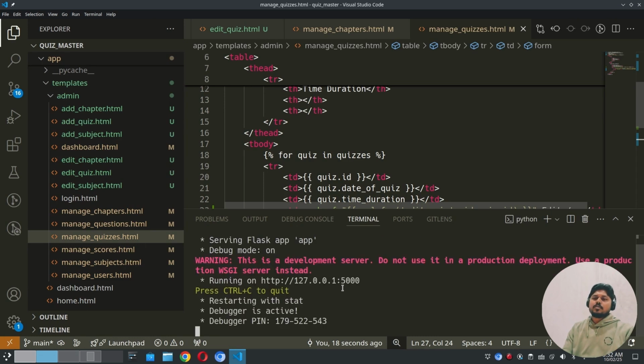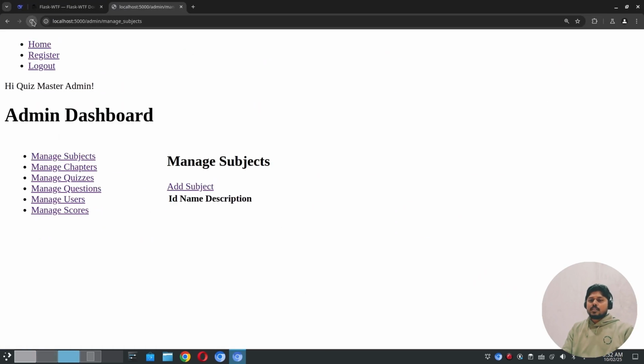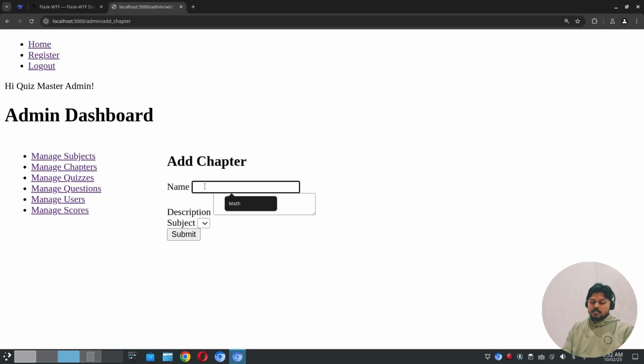and reload our browser page and go to the chapters and start testing this. So add a chapter, chapter first, description, this is first chapter, and the subject. So we are not getting subject code, we don't have any subject. So first go to the subject, create a subject first, add a subject, that is math, description,